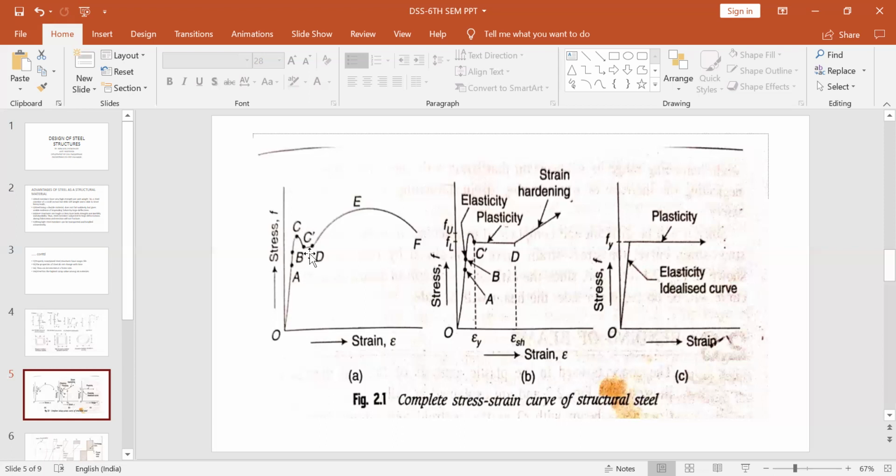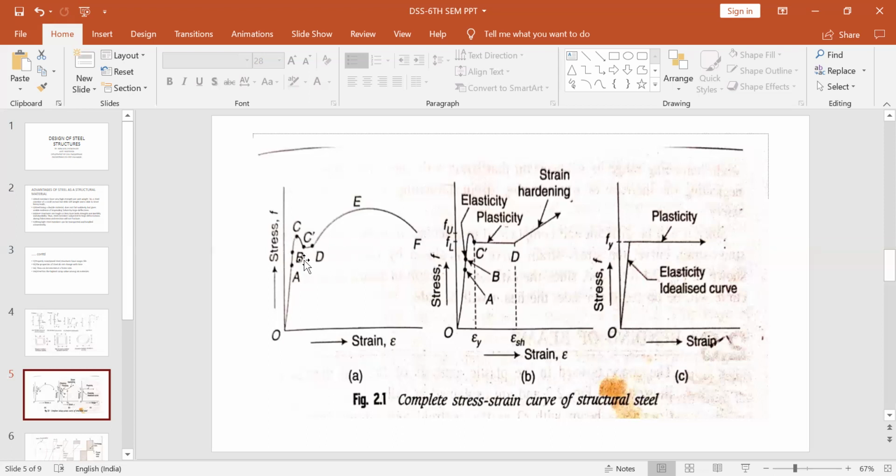Now at point D, beyond point D, this portion represents a pure plastic flow. So from point C dash, your plastic limit will start. Before C dash, before this yielding, it was elastic state. Now as it reaches C dash, the plastic stage of the material will start. It will start plastic flow of the material. Plastic flow means your strain will keep on increasing without increasing stress. So from C dash to this portion, the entire thing will be in plastic zone.